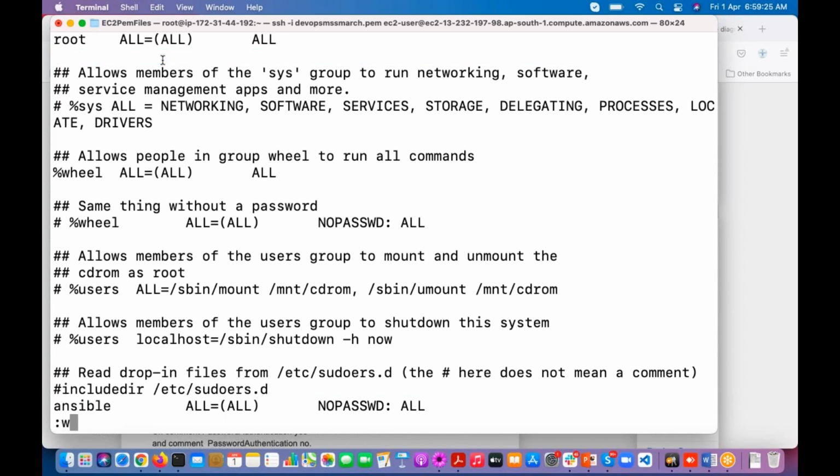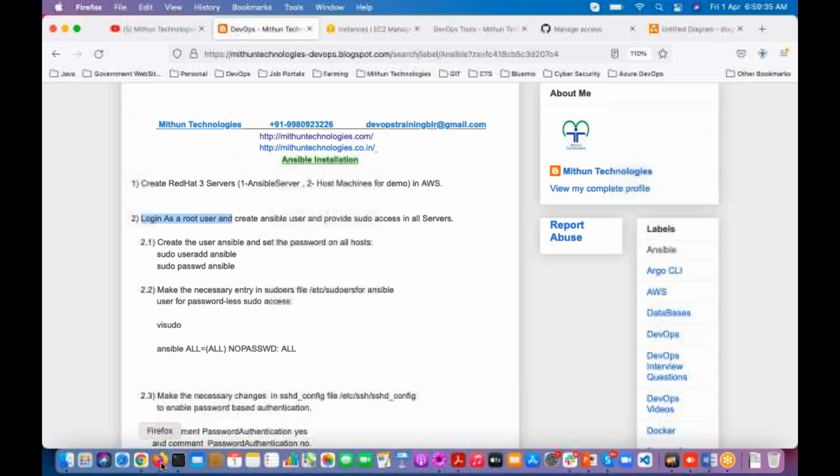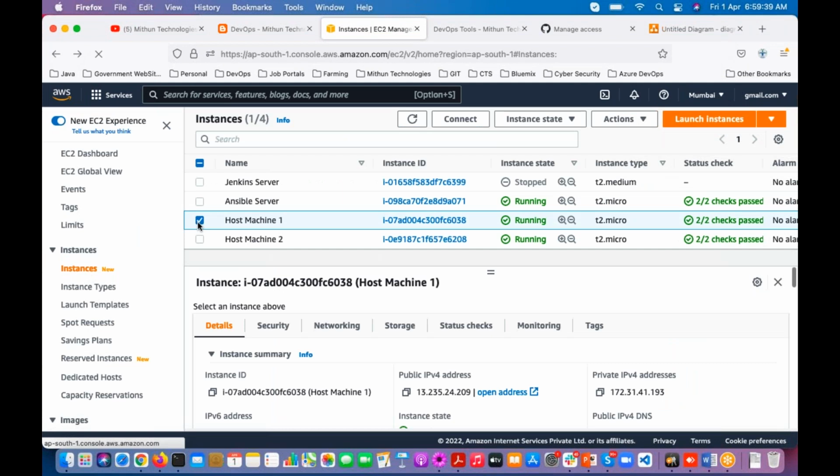So what we did, we created one Ansible user and provided sudo access in the Ansible server. Now I'm going to connect to host machine 1 and do the same thing.